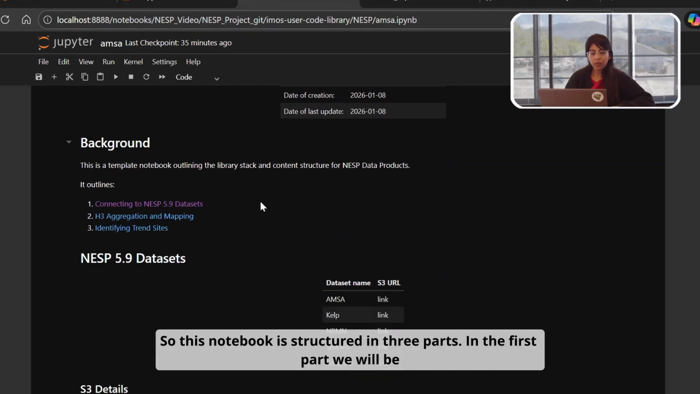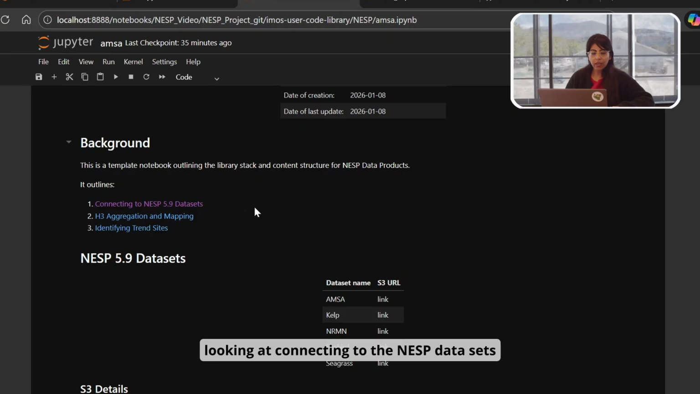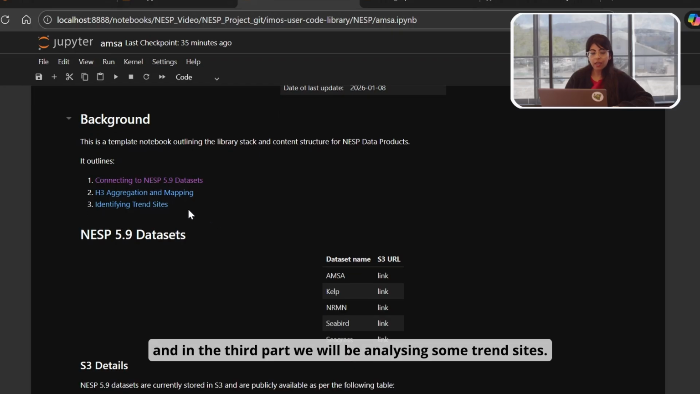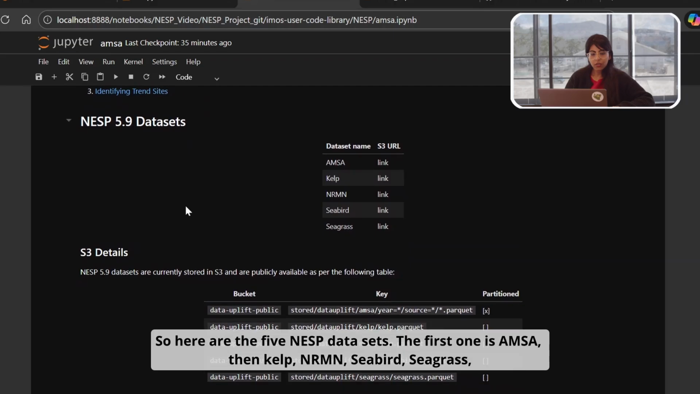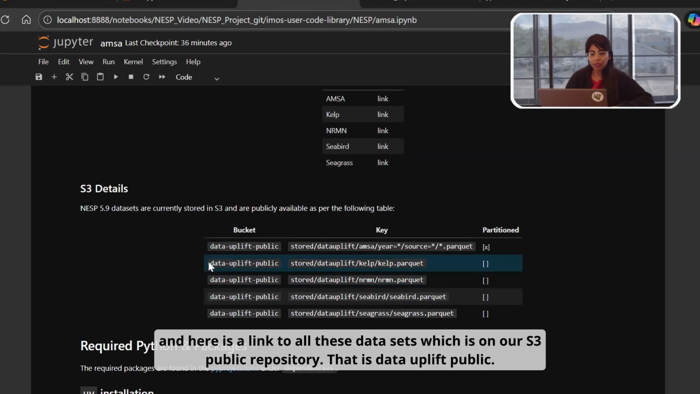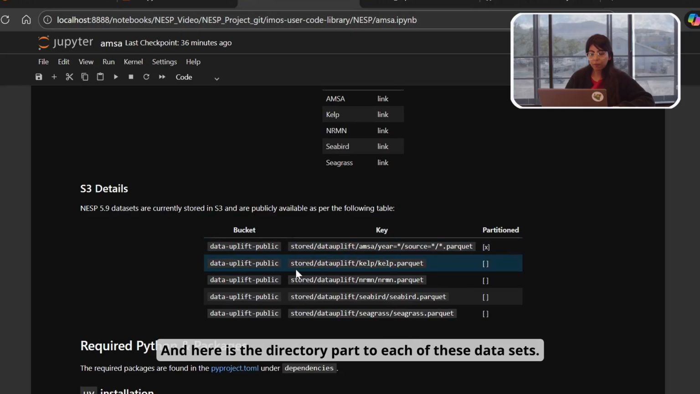In the first part, we will be looking at connecting to the NESP datasets, in the second part we will be looking at some S3 aggregations and mappings, and in the third part we will be analyzing some trend sites. Here are the 5 NESP datasets. The first one is AMSA, then kelp, NRMN, seabird, seagrass, and here is a link to all these datasets, which is on our S3 public repository, that is data uplift public, and here is the directory path to each of